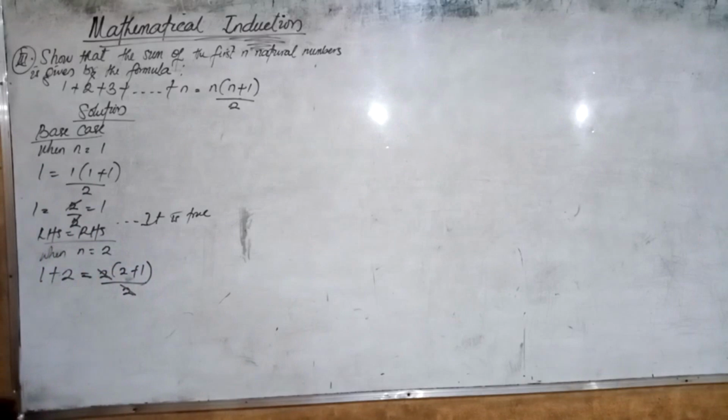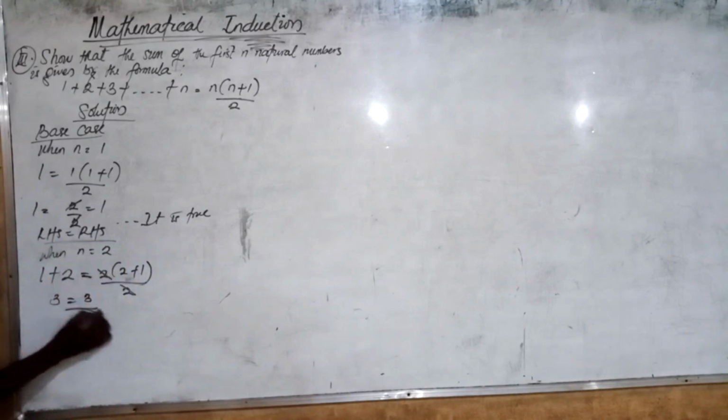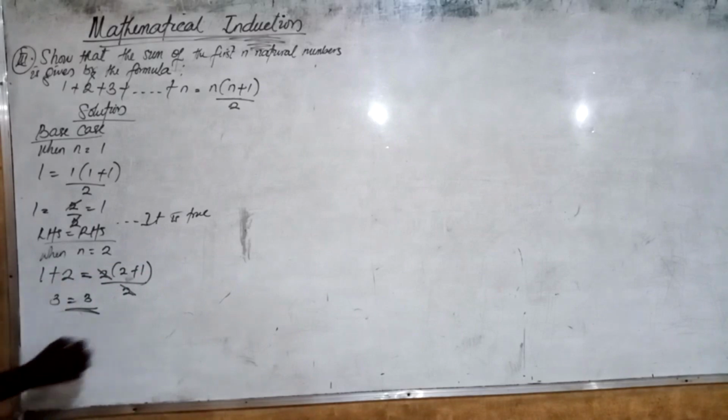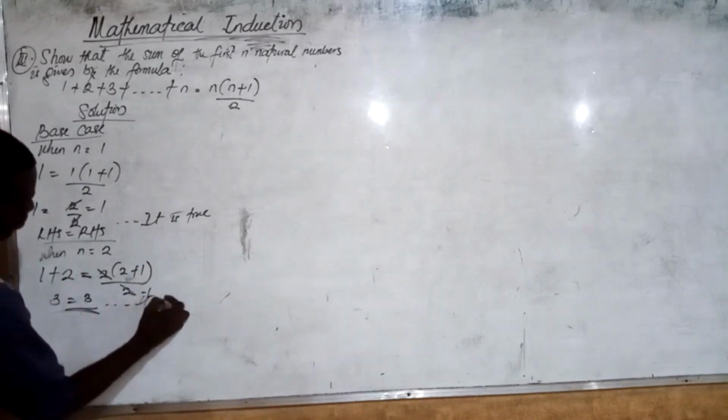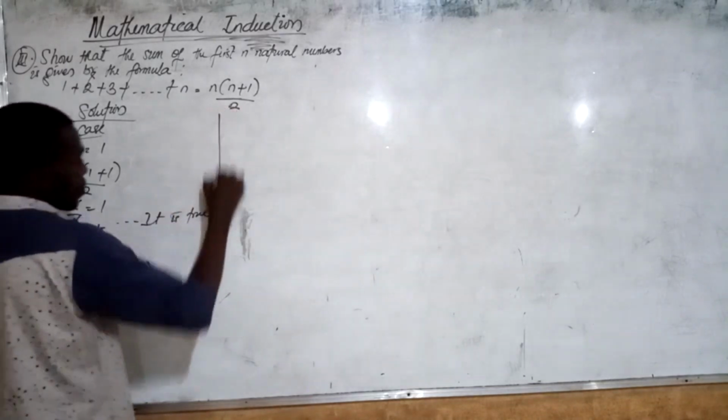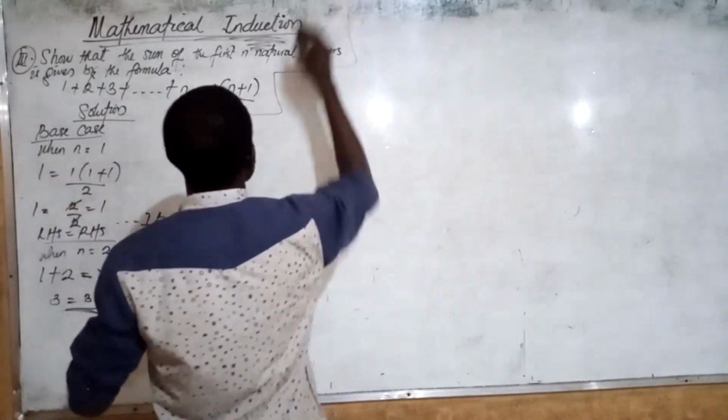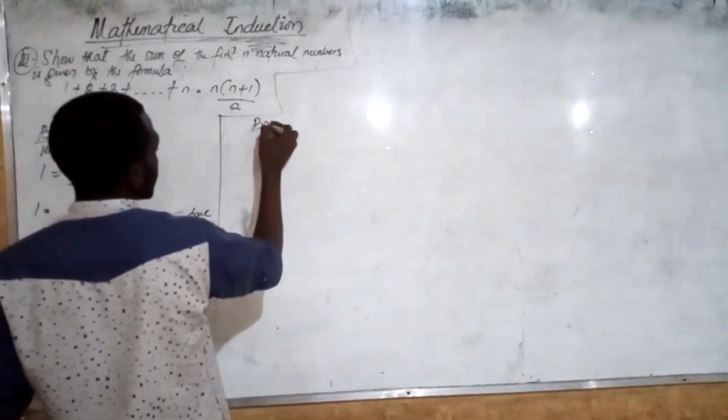2 can take care of 2. So we have 1 plus 2, that's 3, equals 2 plus 1, that's 3. So the right hand side is equal to the left hand side. It is true. Alright. So let's now use induction. So by induction,